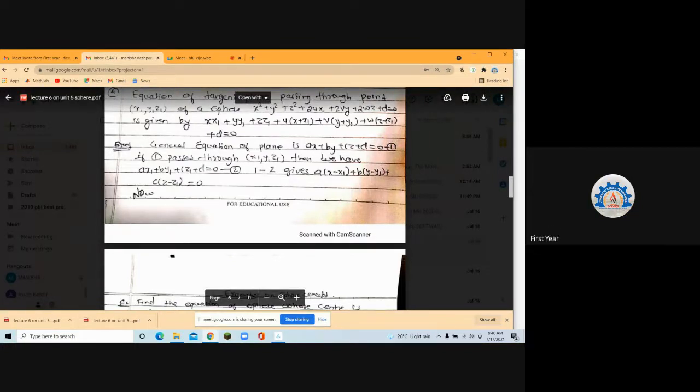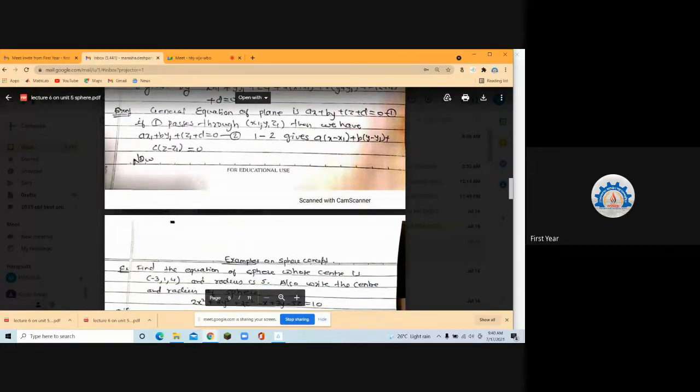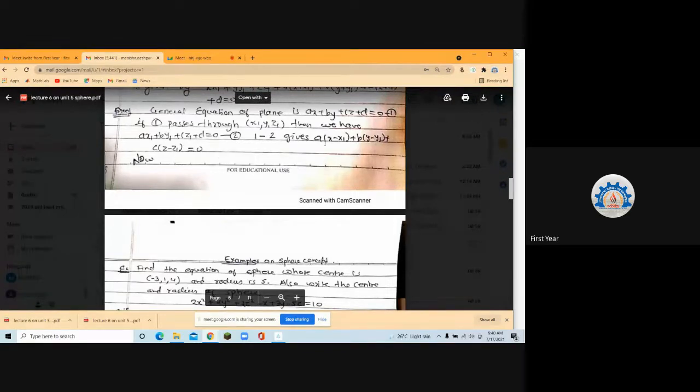So the general equation of the plane given to you is in this form: ax plus by plus cz plus d is equal to 0. If I want to find the equation of any plane, I should know what a, b, c, and d are, because these are the things which will be changing from one plane to another plane. So I should find what these a, b, c, d are. Correct? If the plane is passing through the point (x1, y1, z1), it should satisfy the equation, that is ax1 plus by1 plus cz1 plus d is equal to 0. If I subtract these two equations, I will get a into (x minus x1) plus b into (y minus y1) plus c into (z minus z1) is equal to 0. Okay. Now,